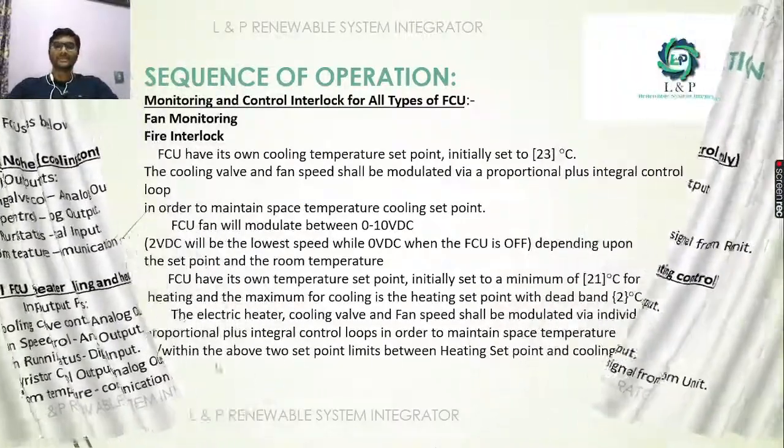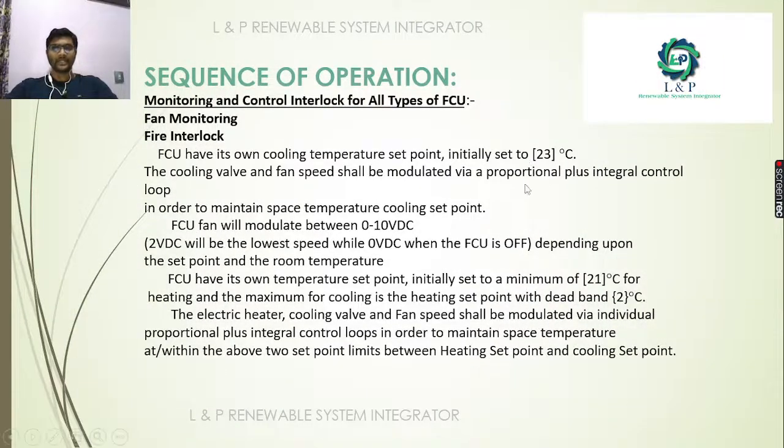So as I told earlier, there will be a set point. Okay, 23 degrees Celsius, for example. In order to maintain the space temperature at the cooling set point, the FCUs will operate from 2 volt at the lowest speed. Okay, and with 10 volt it will be operating at full speed. Okay, so the electric heater, cooling valve and fan speed can be modulated via the PID loops. Okay,